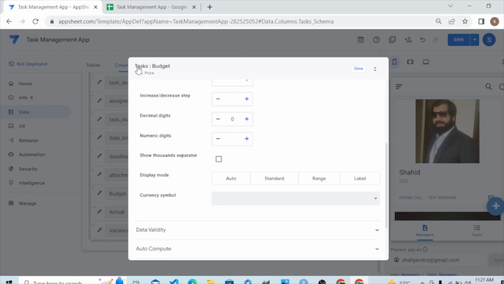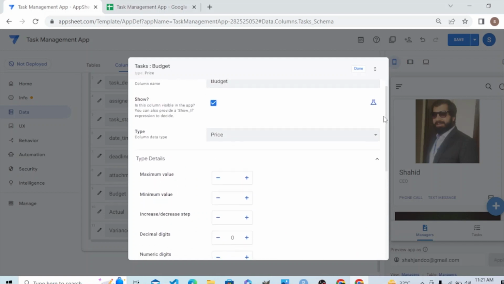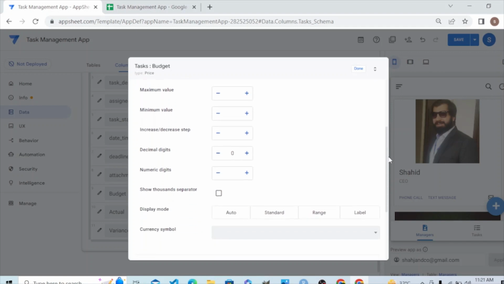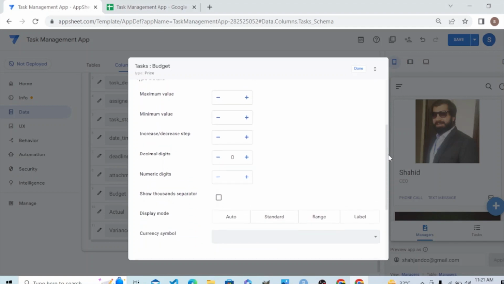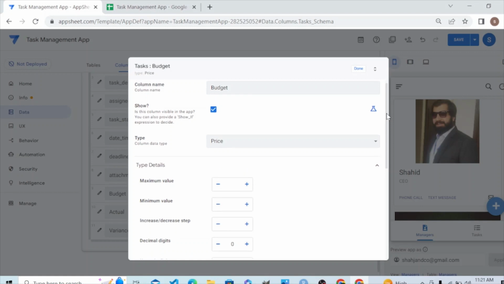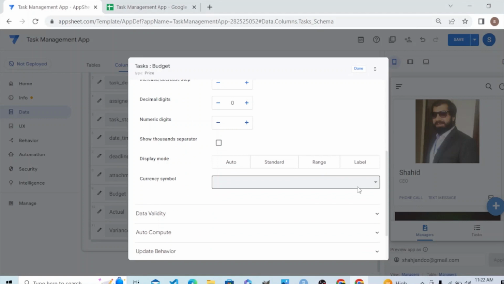You can see here the table is task and the column is budget, and we are creating changes in the budget. And here we can create a formula for that column, that is how we can calculate the value of that column. If we pick some value from another column into this column, we will create a formula. In the coming up video we will be telling about formulas. So we can change the currency symbol of